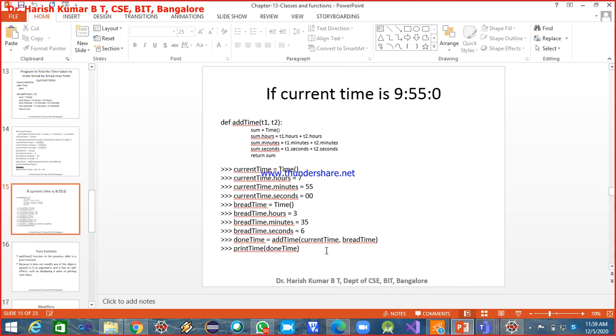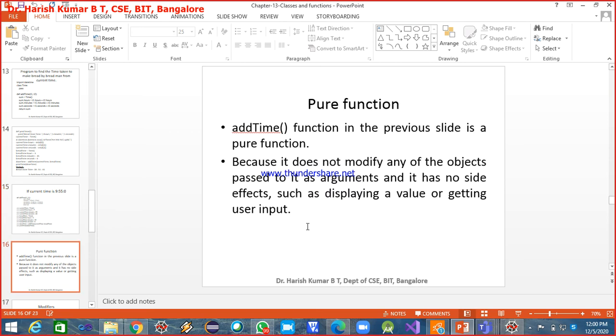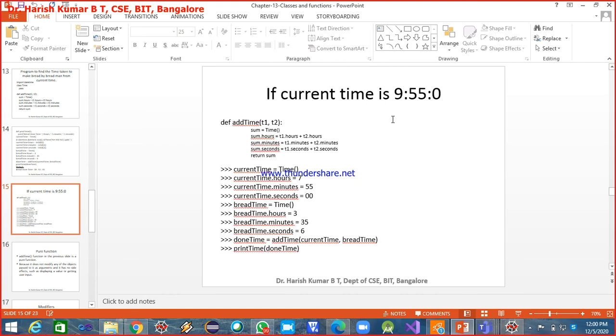Now when I print, finally what will happen is I get the wrong result. 55 plus 35 is 90 minutes. It will say 10 hours 90 minutes, but it is not correct. It should be 9 hours 30 minutes and 6 seconds. Now how to do this? Pure functions. I hope people understood why this example was taken.